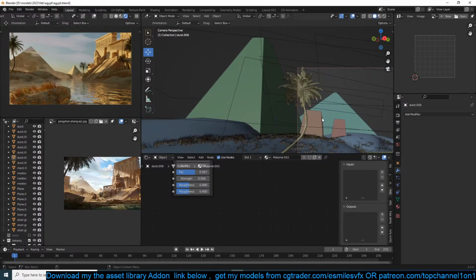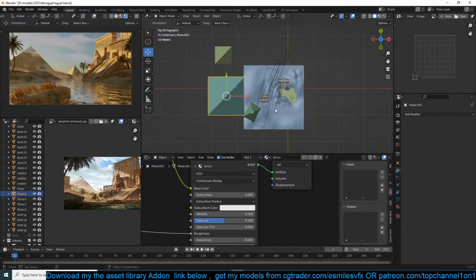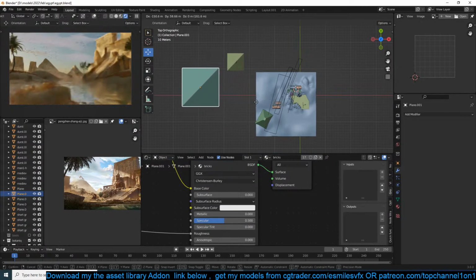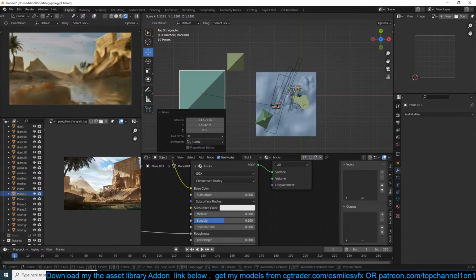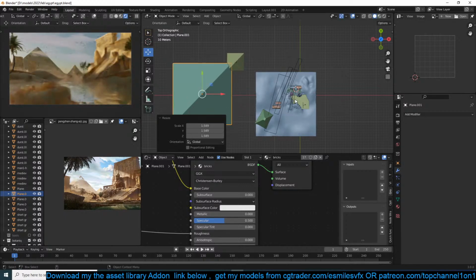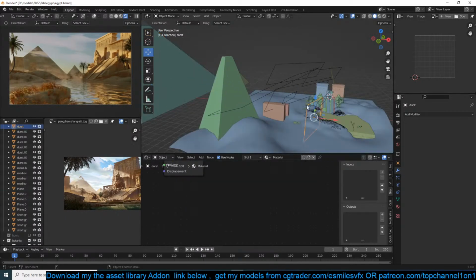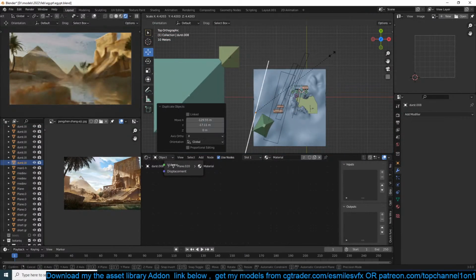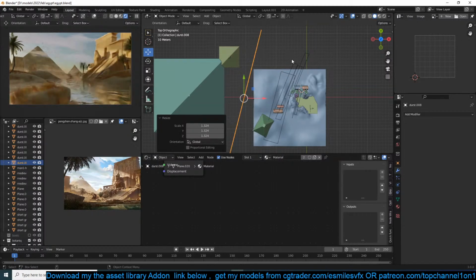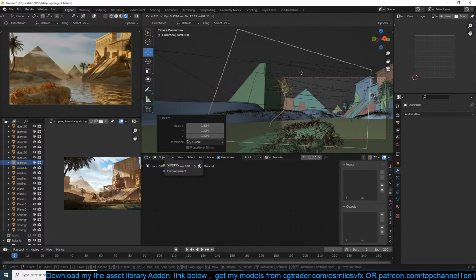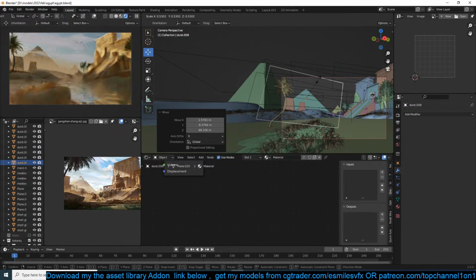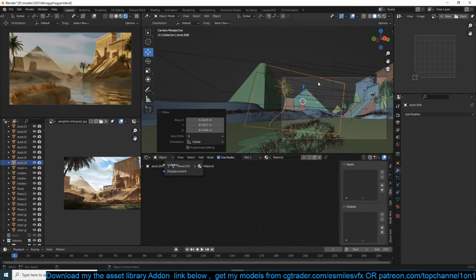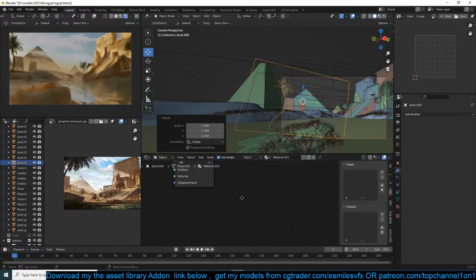I think this has to be even further. Just get another dust layer on here. Or maybe this time this is not dust, this is